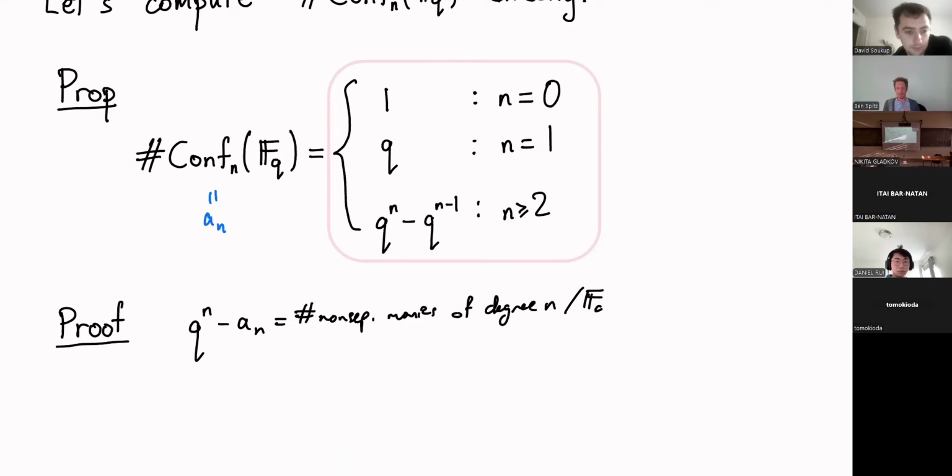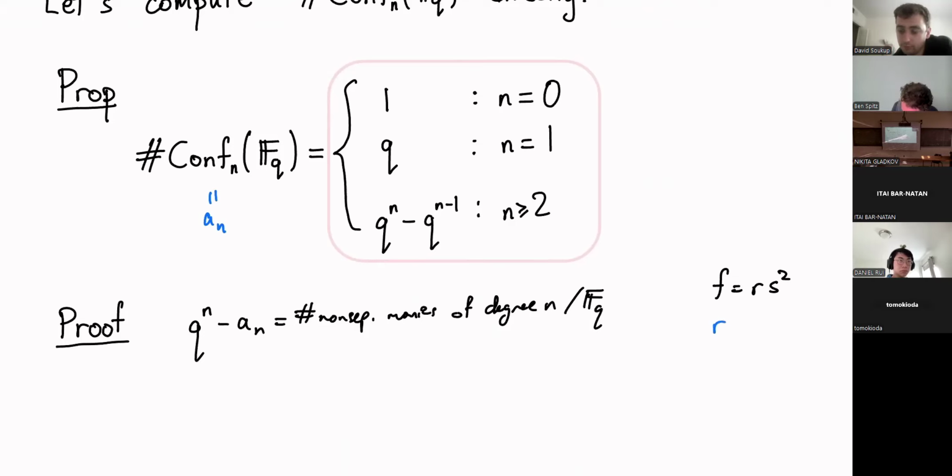When I have a non-separable monic polynomial, it has to factor in a particular way. A non-separable monic polynomial means that when I factor it into irreducible polynomials, I have some irreducible polynomial appearing at least twice. So what I can do is take my non-separable monic and write it as r times s squared,